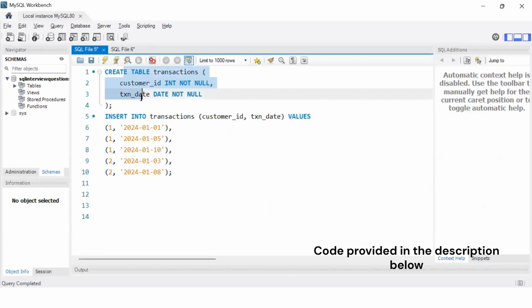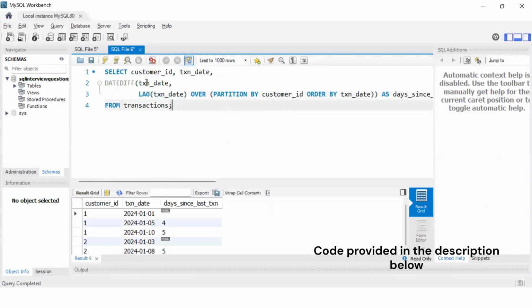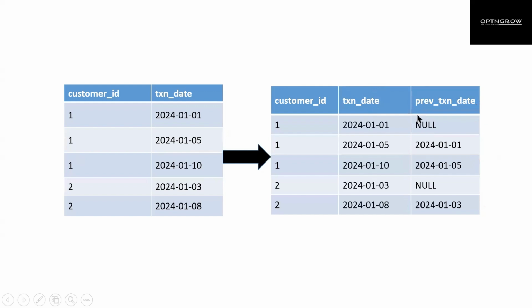Again, you can see I've got the table and the data ready. Over here, I've already written the solution. In order to create the previous date column, how are we going to do it? We are going to make use of window functions. If you remember, we have the lag function in order to get the previous row value. Let's do it step by step. It's very simple. The first thing you have to do is create a window, and I'm going to partition it by customer ID. So basically I'm going to have these two windows. This is the first window and this is the second window.